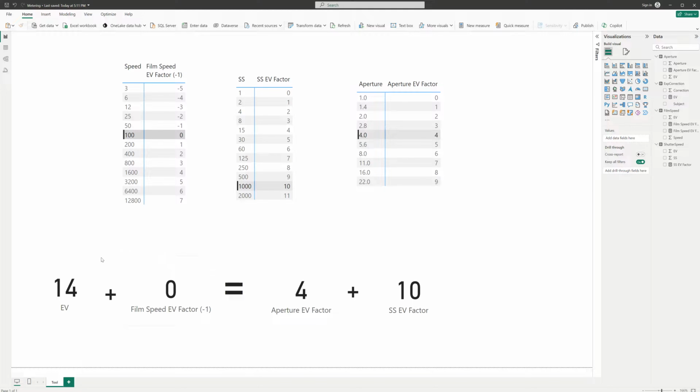I like to think of this as having two numbers on each side of the equation. It makes everything addition, and it's nice to have, instead of one number on the left and three numbers on the right, just two numbers on each side. For me, that makes the mental math a little simpler. So my target, ignore this 14 for a second, is going to be 10. So let's say I'm shooting with